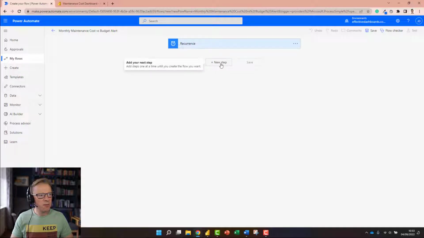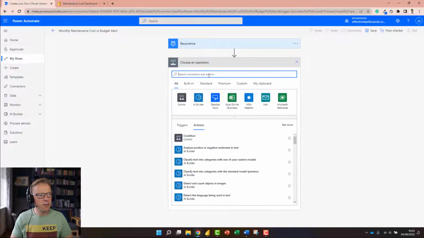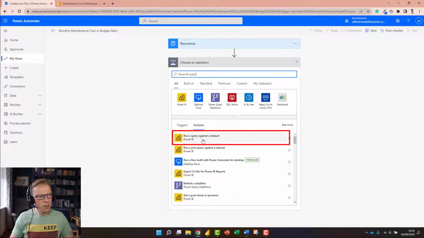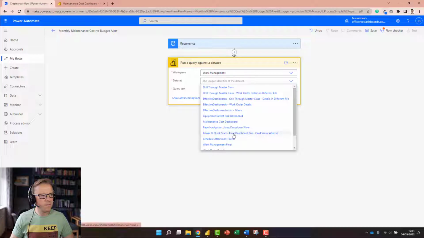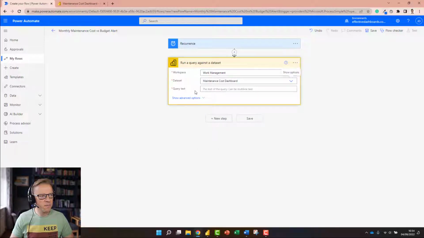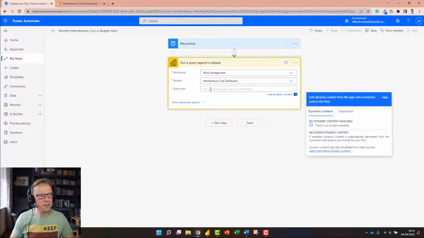The next one we're going to do is we're going to use an action that's going to run a query against a Power BI dataset. Okay, so run a query against a dataset. And in here we're going to enter the workspace and the dataset. And the dataset here is going to be maintenance cost dashboard. And then we've got this query text here. Okay, so if you're proficient at writing queries against a dataset, then great, you can just enter that information straight